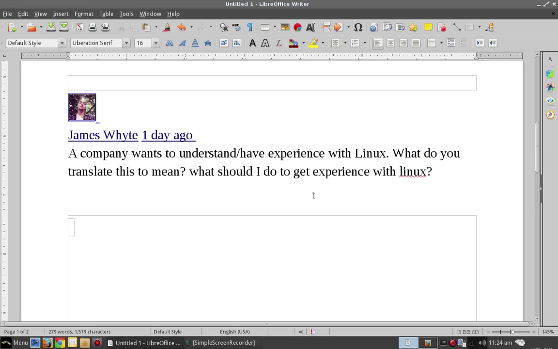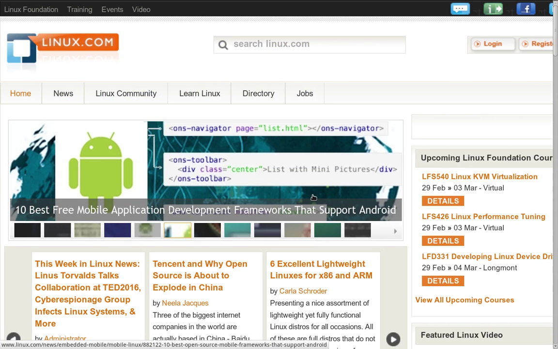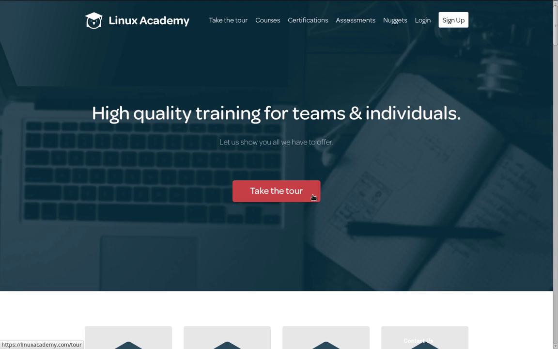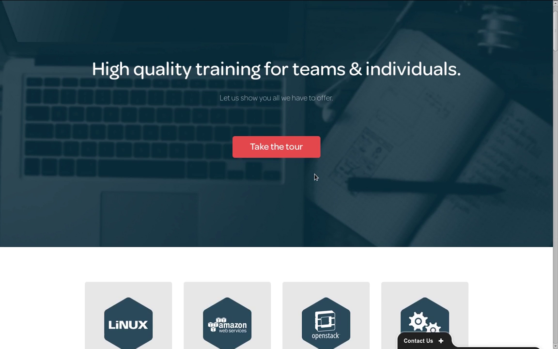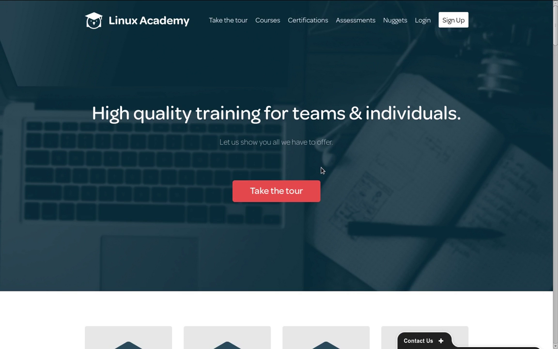And then there's also, I want to go back to the other desktop. I want to go to the next tab in my browser here. Linux Academy is something worth looking at. They offer training courses on all kinds of things, and they do it for a fee, but their prices are quite reasonable. If you're new to Linux, you could definitely take their Introduction to Linux course. They have all kinds of micro courses. If you just want to learn about one thing, like maintaining databases, they have it here, and then you can take these online courses. And this is also good if you're a long-time Linux user and you just want to brush up on things. Here's Linux Academy.